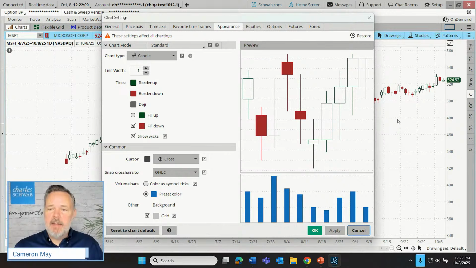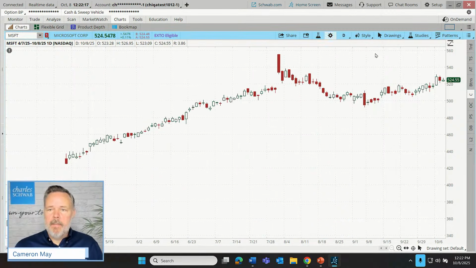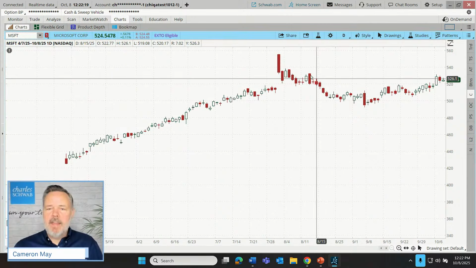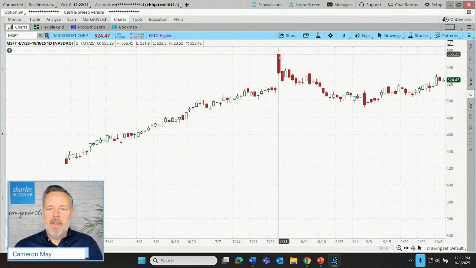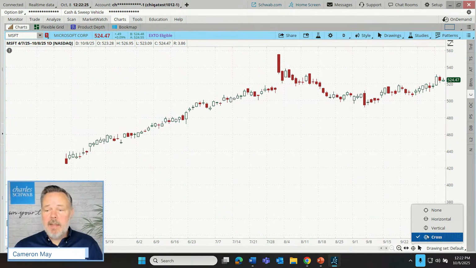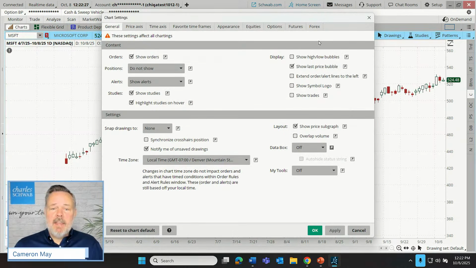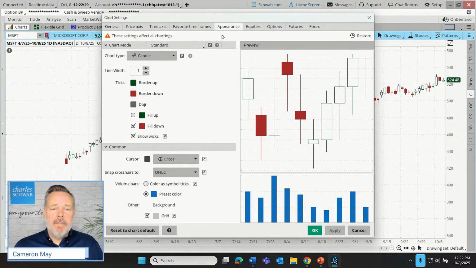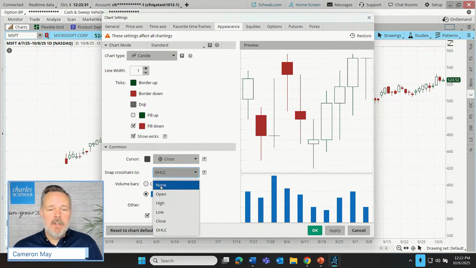And that carries over onto our charts. If I were to apply that and I start moving around, let me apply my cursor here. There we go. As I move around, you can see that snapping around the chart. Some traders find that to be very helpful. Others might find it to be less helpful and maybe even distracting. So let's switch this back to just none.